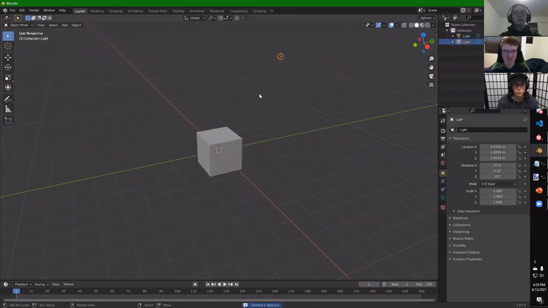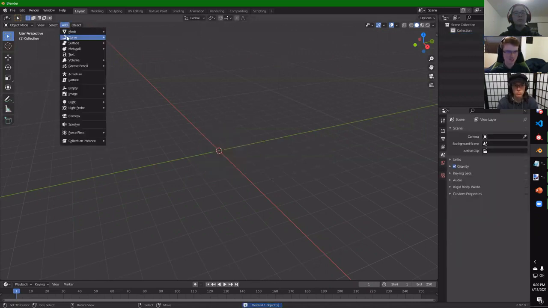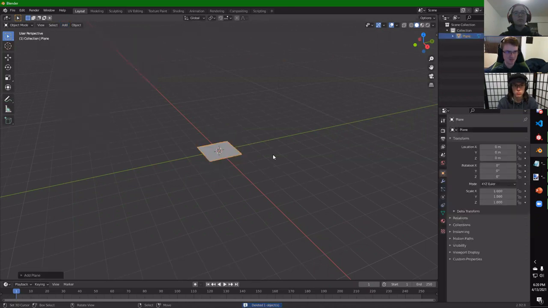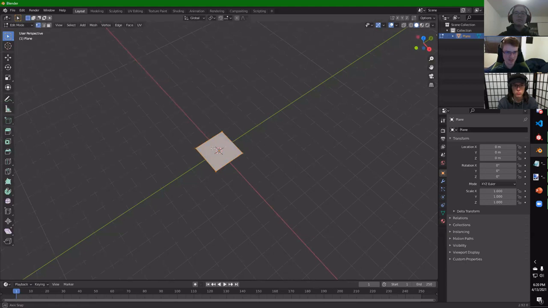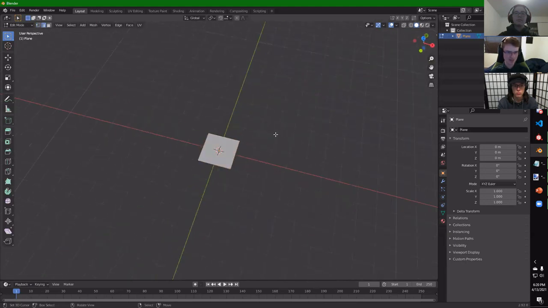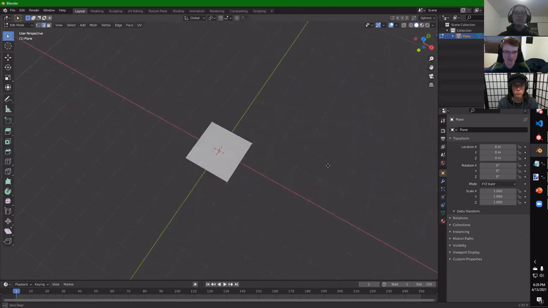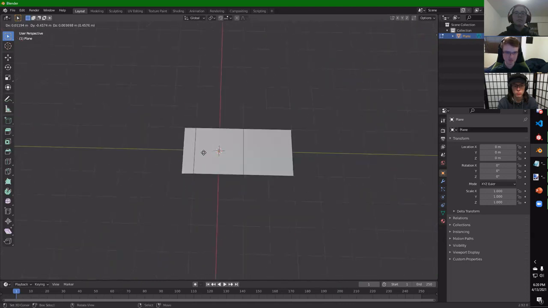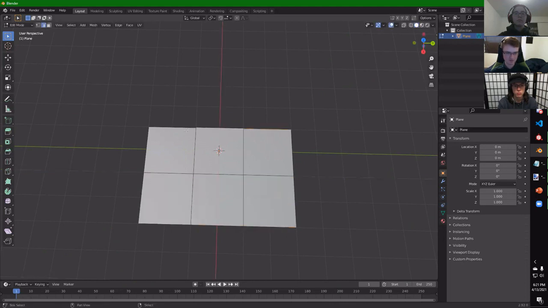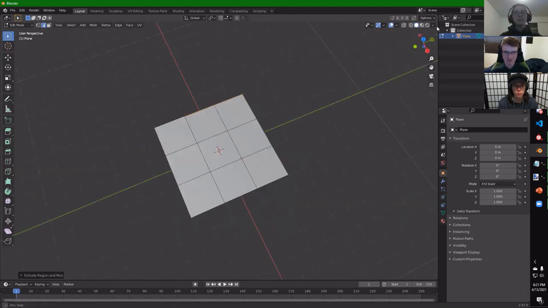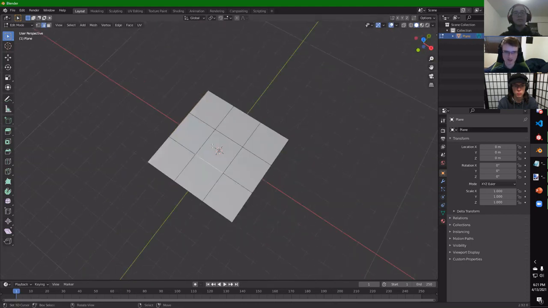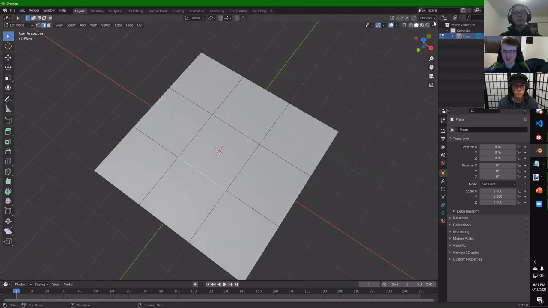Oh, because we're already in the default scene. So say you have a plane like this, and it needs to be tiled. So you have, say, different parts of it. Like that. So in order to have a nice tiled texture on this, like you might want for a